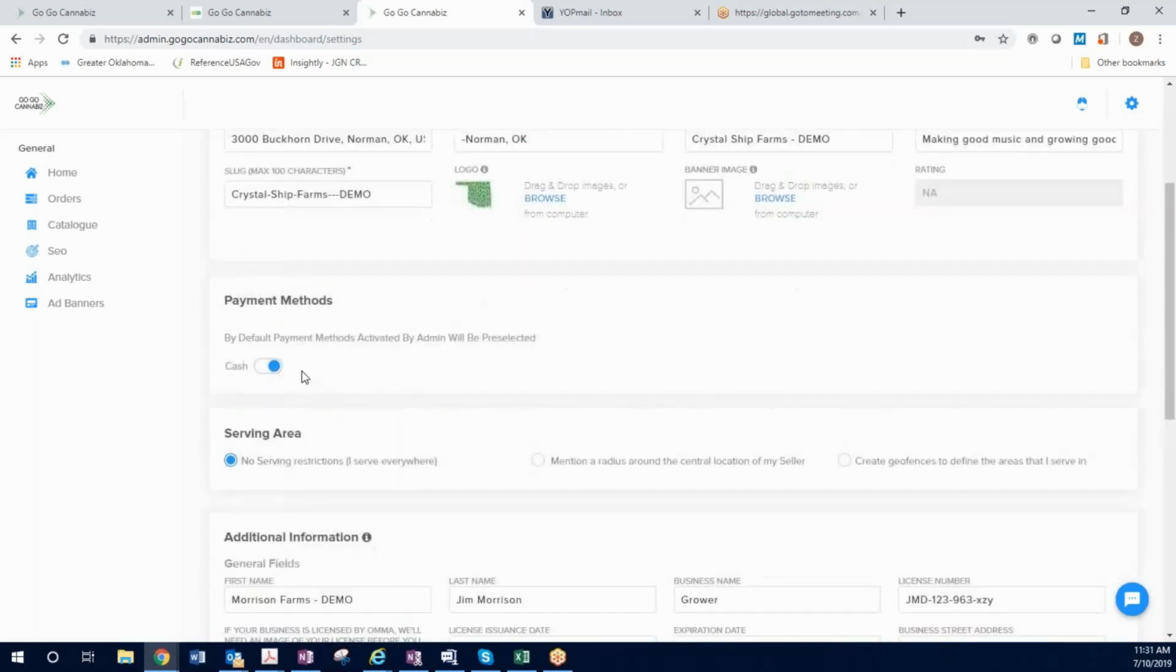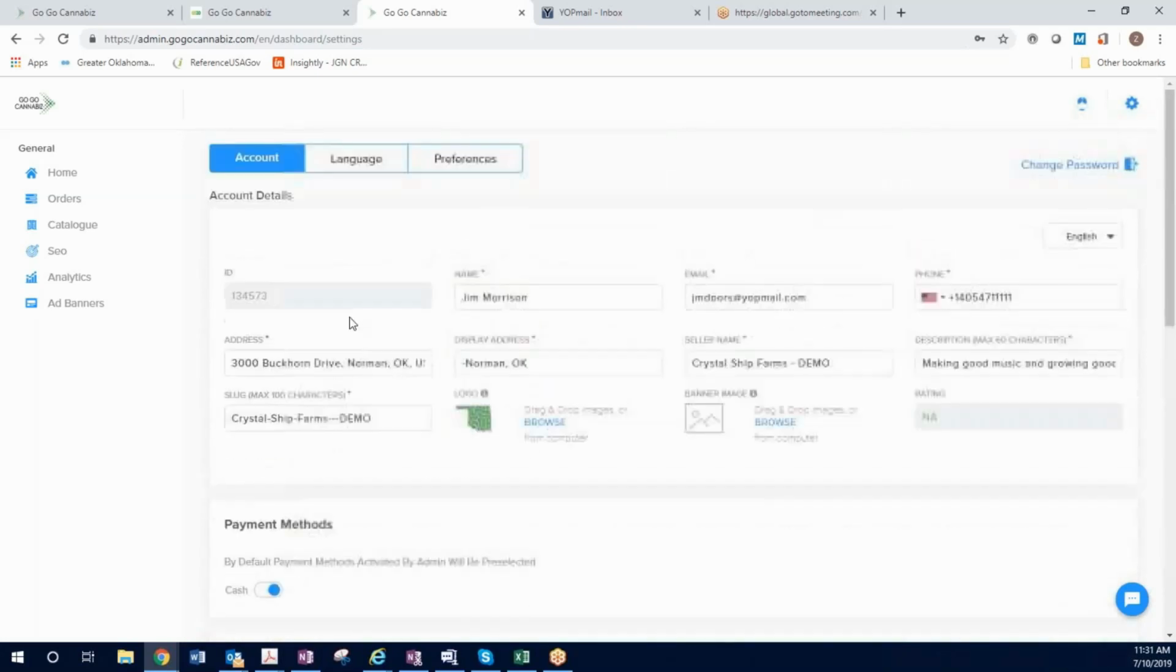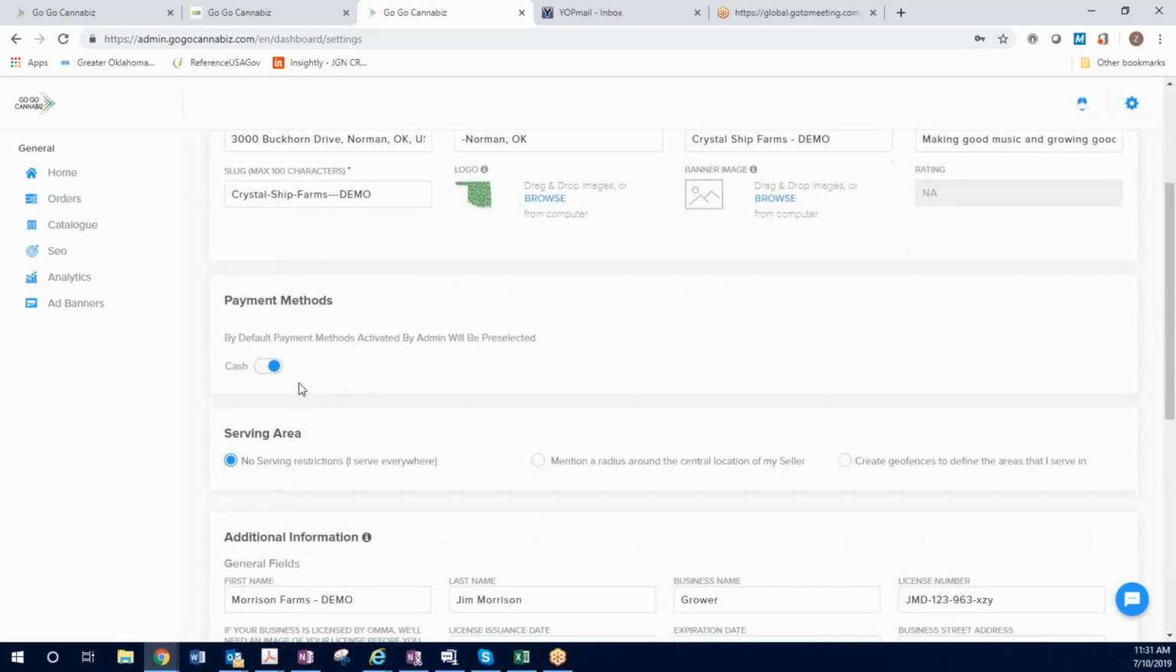On payment methods right now, we do have the ability for cash and net terms. Because this is a demo account, I've only set this one to cash, but you can set different payment methods. You are going to be limited only to cash or net terms. However, if